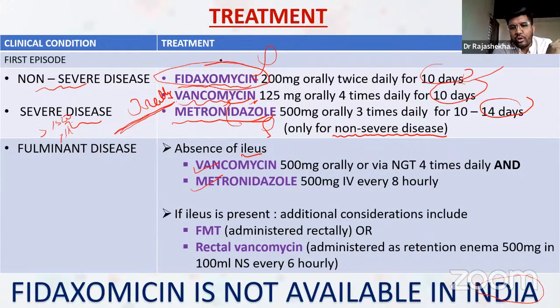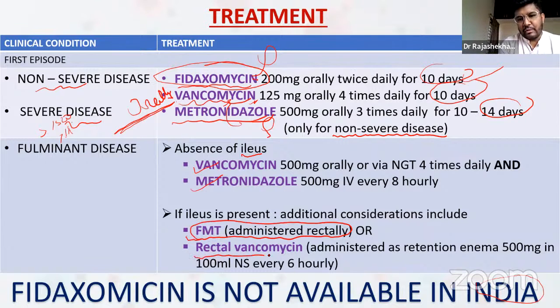A lot of questions can be set up based on this particular chart. If ileus is present, you cannot give anything orally. That is very, very important. So you can consider additional options like fecal matter transplantation, which is administered rectally, or